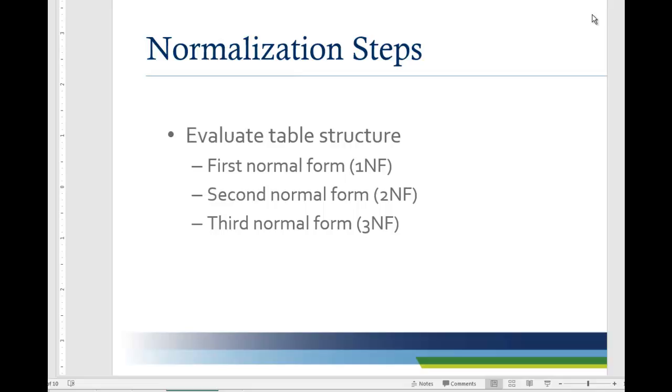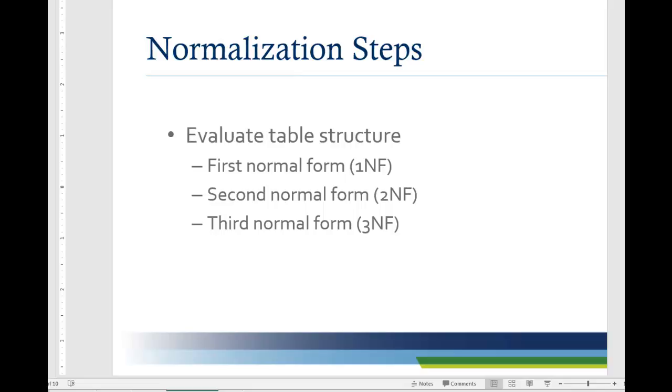We do that through the process called normalization. I have explained to you earlier what normalization is, and now I want to talk about the steps in performing normalization. When we perform the normalization process, we are going to evaluate the structure of the table, and we want to make sure that the table